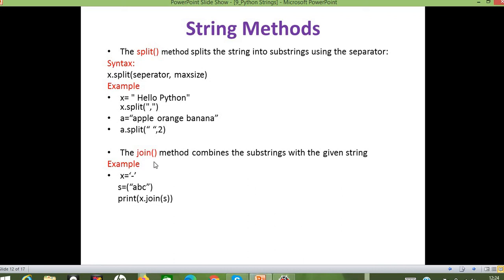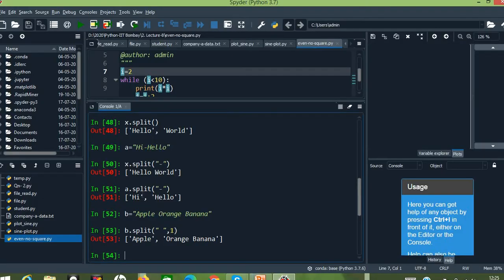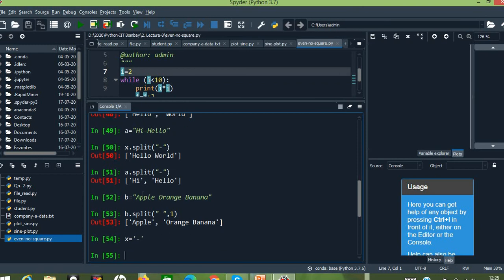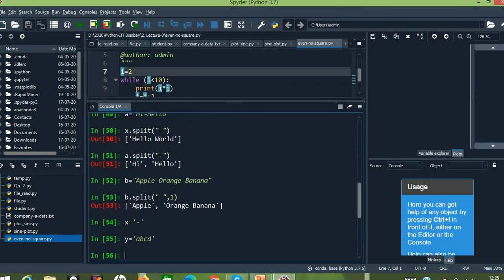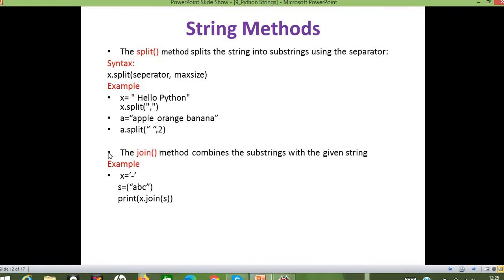So the next method is join method. So in join method, whatever string we have, in between we can join all those strings with the help of some separators, just the reverse for the split operation. Okay, so let us see this. I'm going to take x equals to hyphen, then y equals to, let me take a b c d, right? So let me go for the join operation.